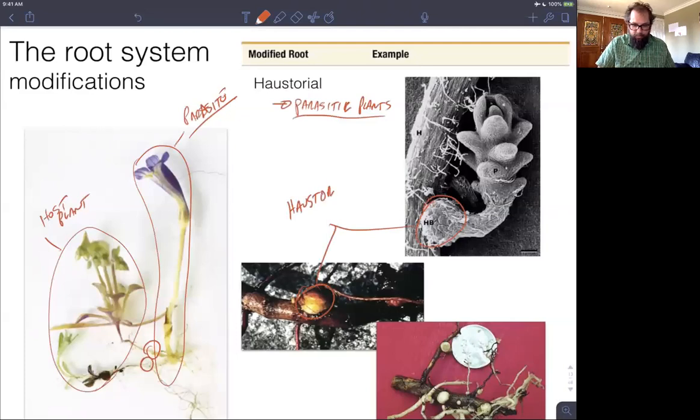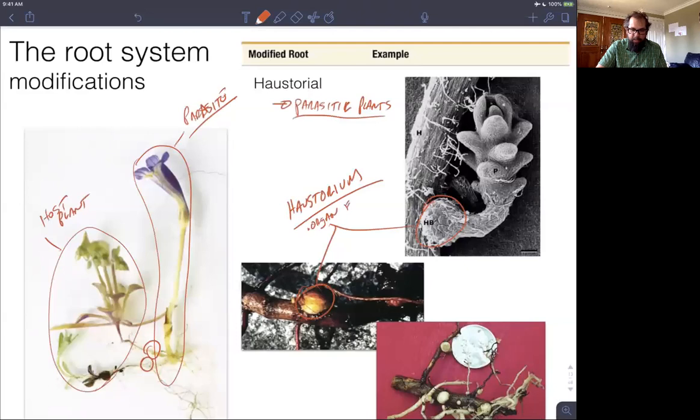That haustorium is a special organ that's made for actually penetrating the root system, connecting the vascular tissue of the parasitic plant by penetrating the vascular tissue of the host plant. And in doing so, it actually steals water and nutrients as well as photosynthate from the plant. So the haustorium is the organ, a specialized organ